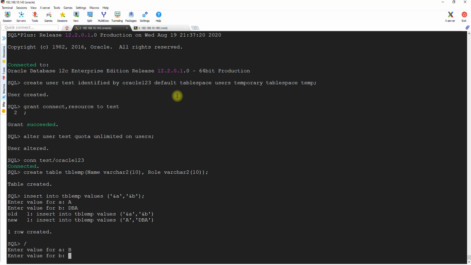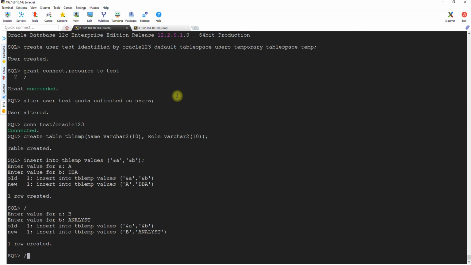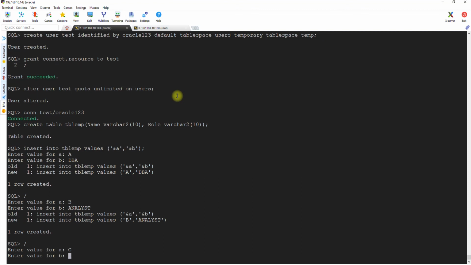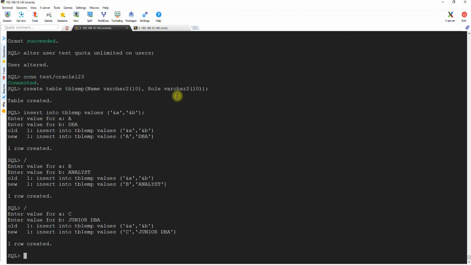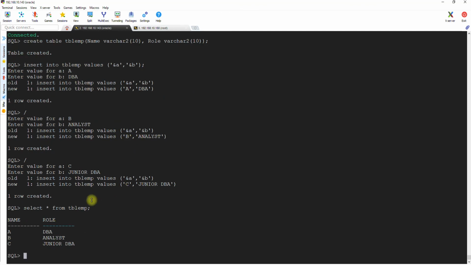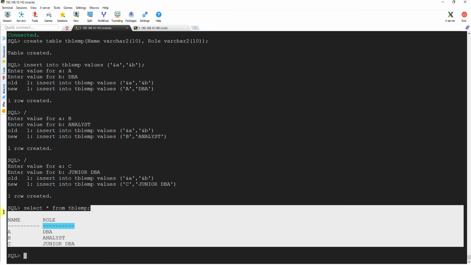Employee B, analyst, run it again. Employee C and junior DB. So that's done. We can actually query this table. Perfect. So these tables must exist after we plug into the CDB and migrate everything, right?